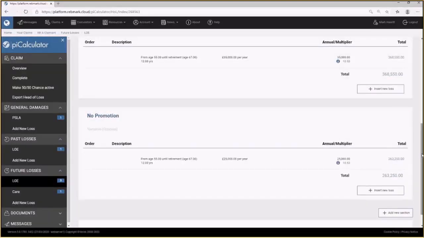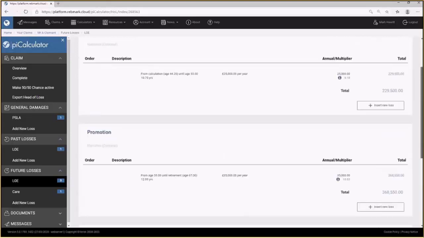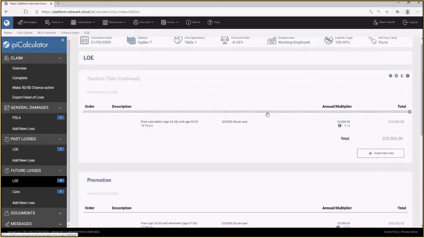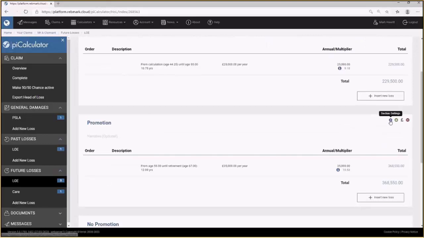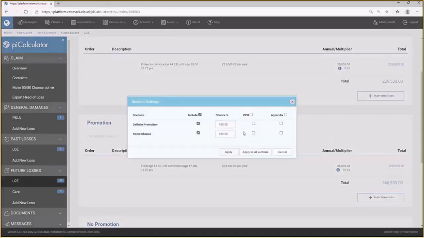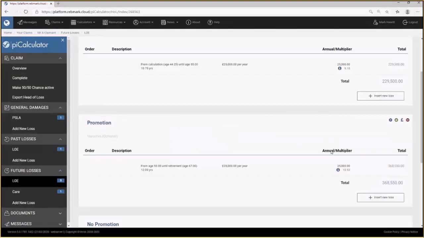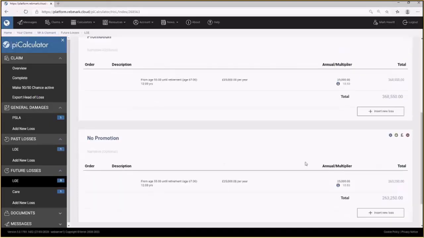And what we're going to do now, so our first section is applicable to both scenarios. The promotion scenario, the promotion section, is applicable 100% to our definite promotion, but 50% chance to our 50-50 scenario. So I'm going to apply that change to the promotion. And as you see, because we're on the definite scenario, this doesn't have any effect to what we're seeing until